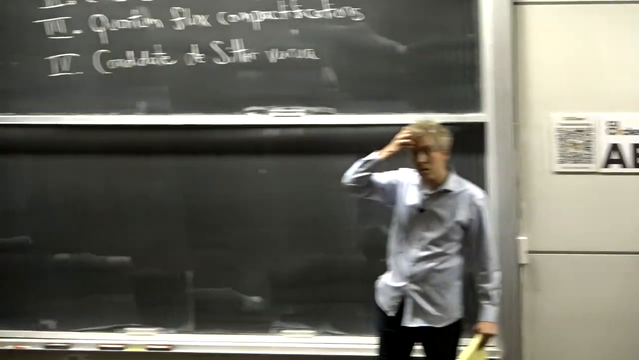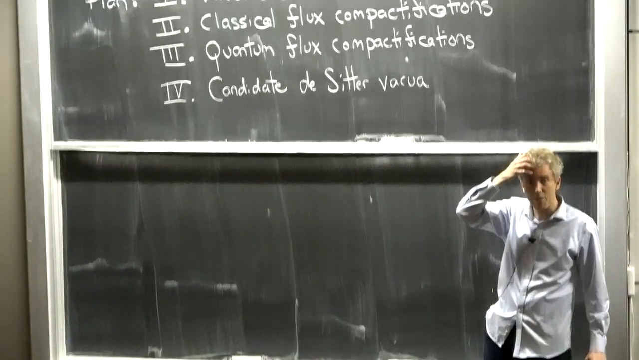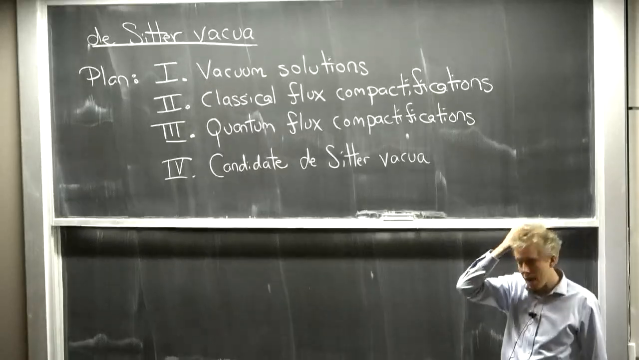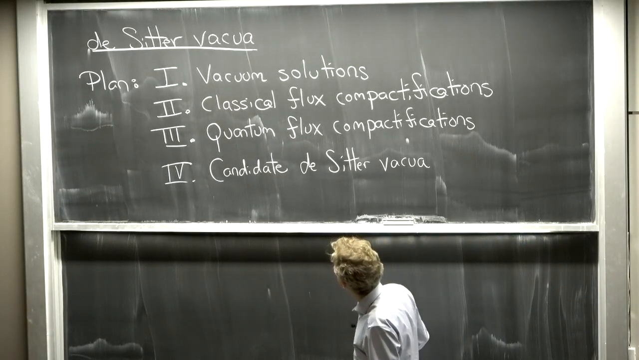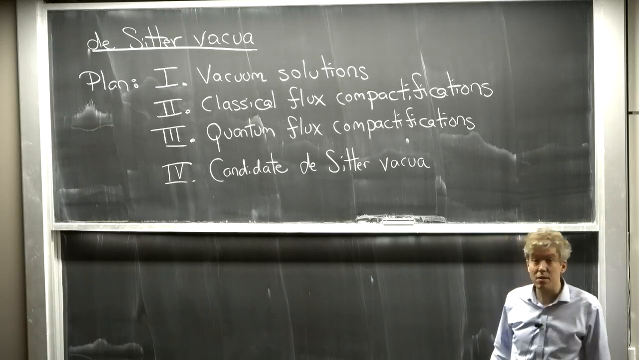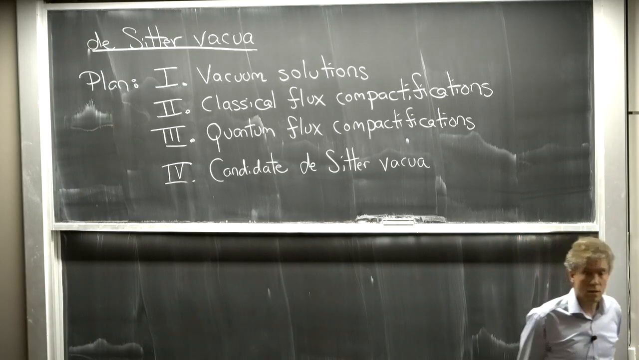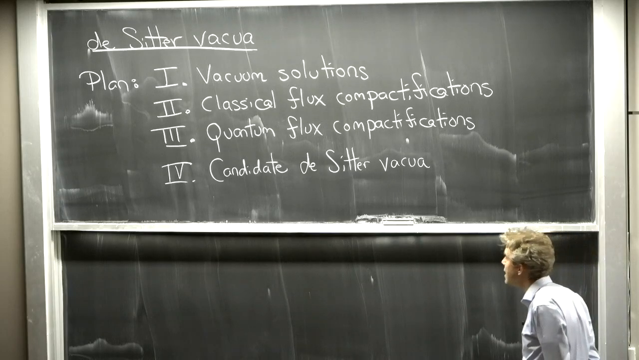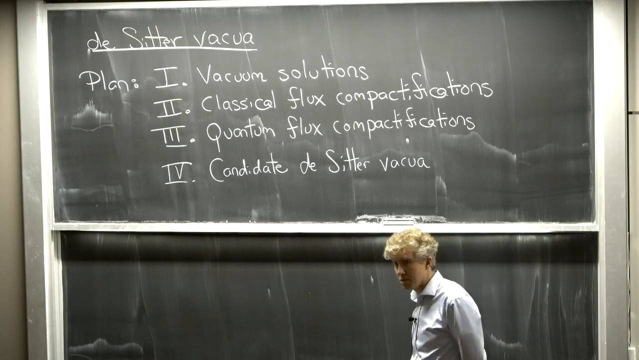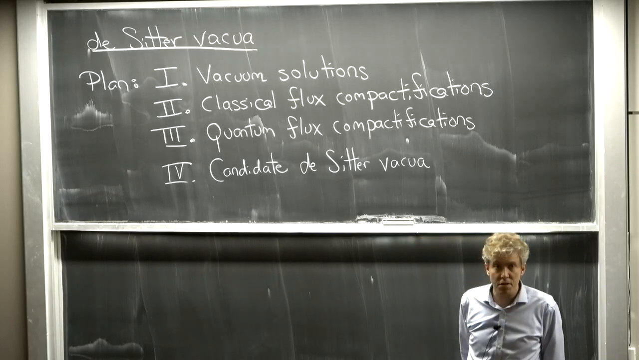So the plan of the 4 lectures is as follows. The first lecture today is about vacuum solutions, that is to say Calabi-Yau compactifications of superstring theory. That's material roughly from the 80s and 90s. The second lecture will be about classical flux compactifications. That's early 2000s. Third lecture, quantum flux compactification, so early 2000s onward. And in the final lecture, I'll finally put the pieces together and describe a candidate de Sitter vacuum of string